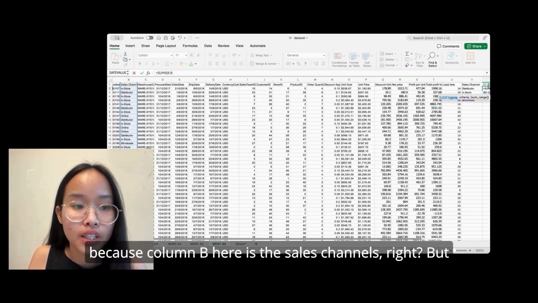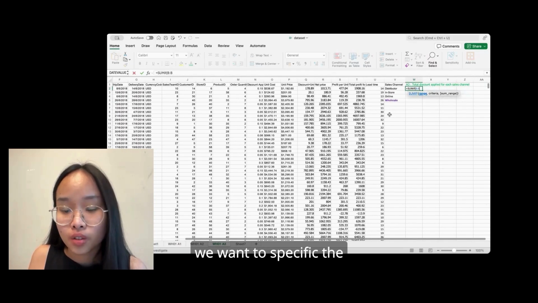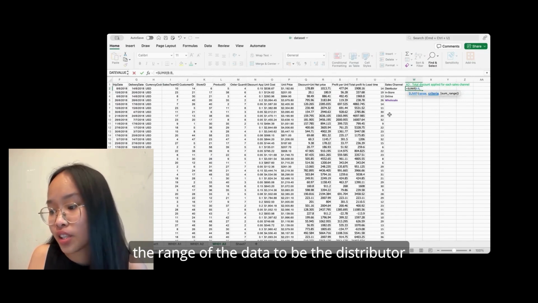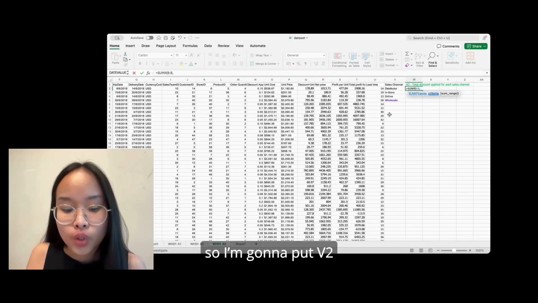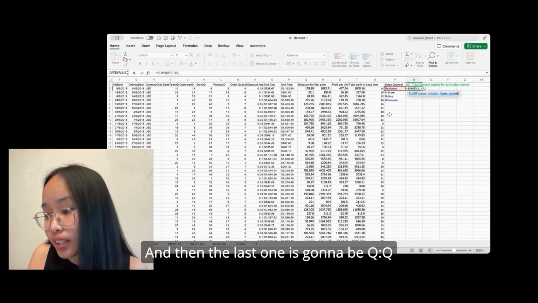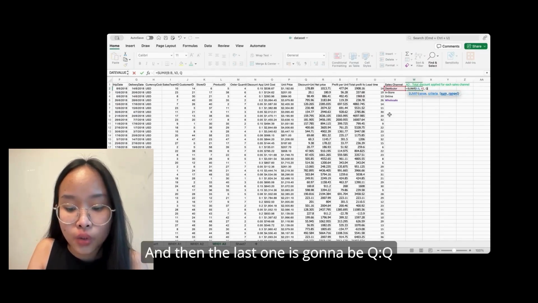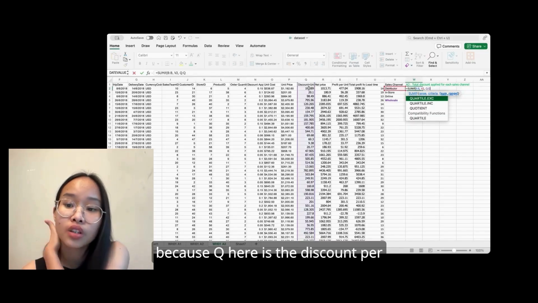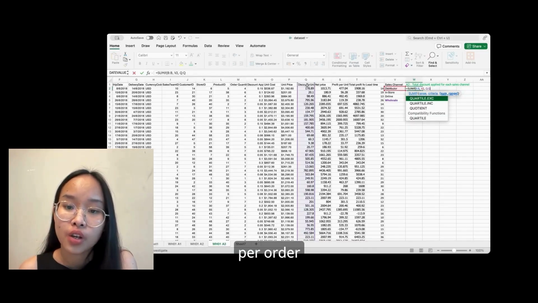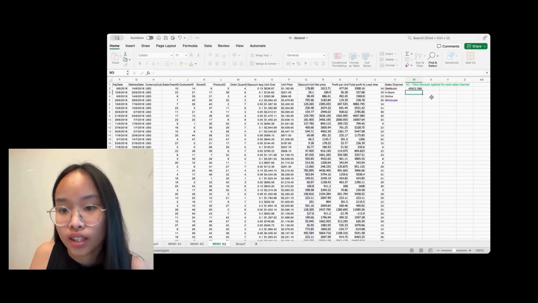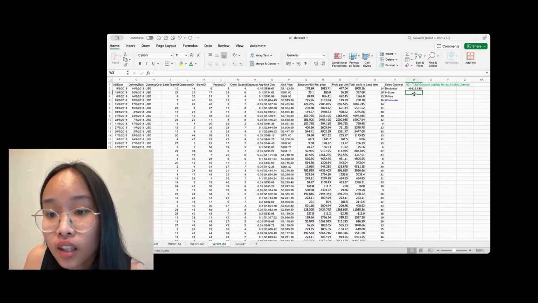Because column B here is the sales channel, but we wanted to specify the range of the data to be the distributor. So we're going to put V2. And then the last one is going to be Q colon Q, because Q here is the discount per order that we wanted to find. And then when we click enter here, we got